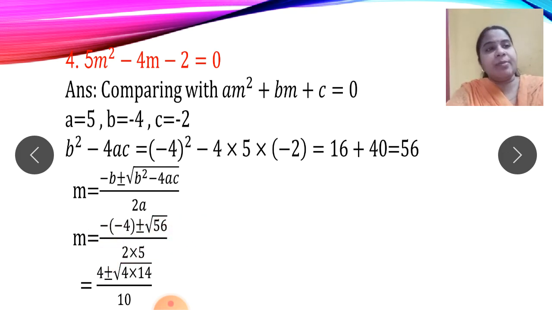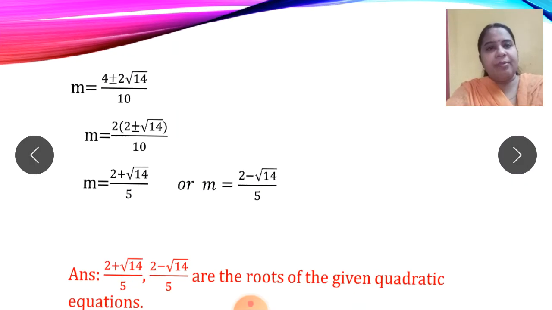Now 56. You can factorize it by 2 also, 2 into 7 into 2 into 2, any way which you understand. I have purposely written it as 4 into 14 is 56, right? Why 4 into 14? Because 4 is a perfect square of 2 that I am going to take out of the root sign. So what is done here is factorization. I hope you remember this and you have understood this. Okay. After this, I will take the square root of 4. I will take 2 out of the root sign and 14 will remain as it is.